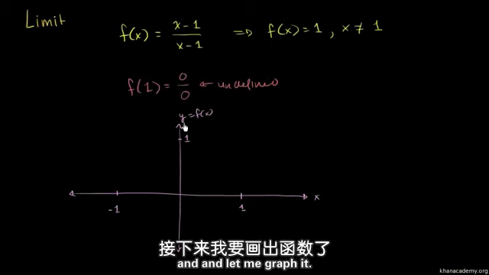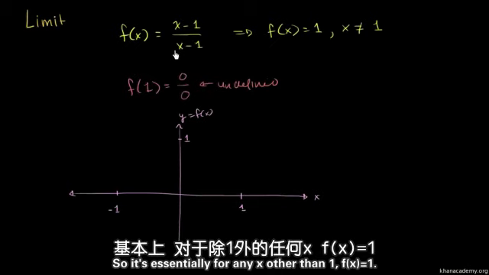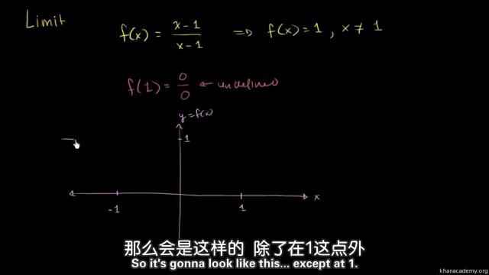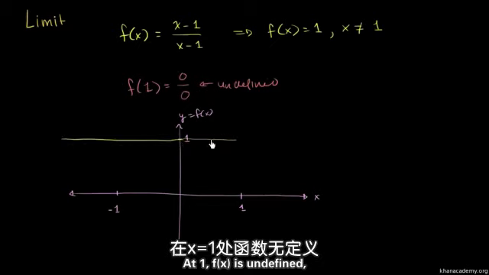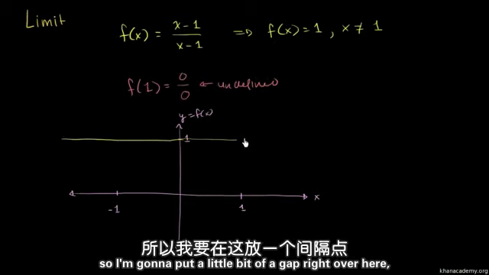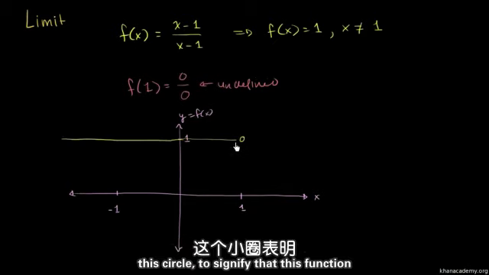And let me graph it. So it's essentially for any x other than 1, f of x is going to be equal to 1. So it's going to look like this. Except at 1. At 1, f of x is undefined. So I'm going to put a little bit of a gap right over here. The circle to signify